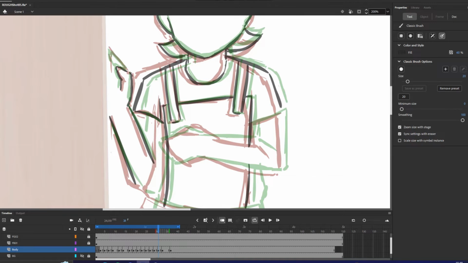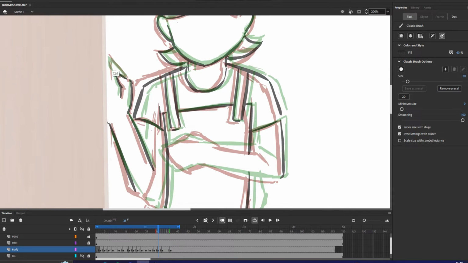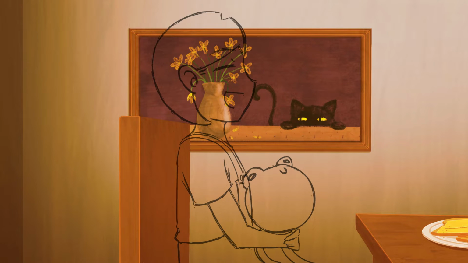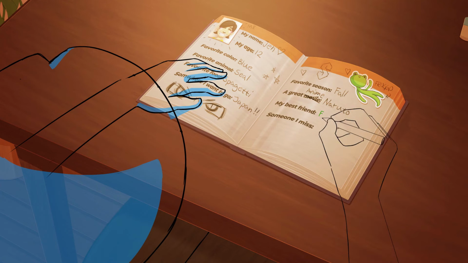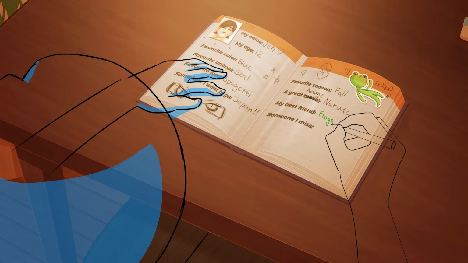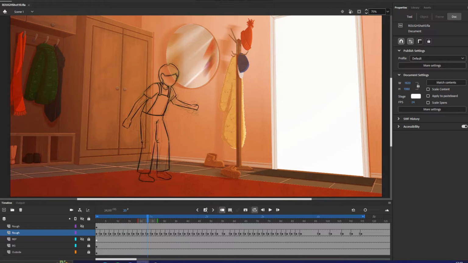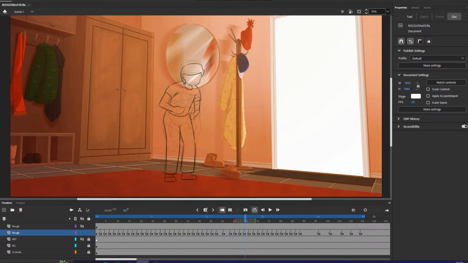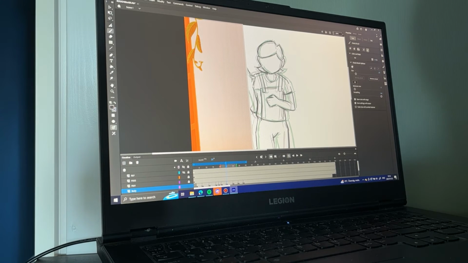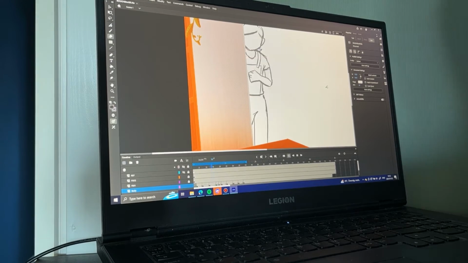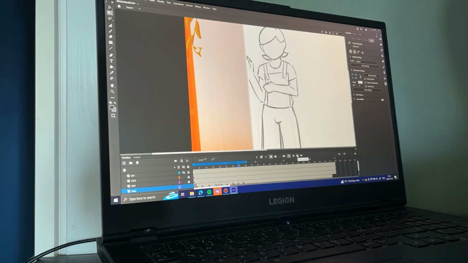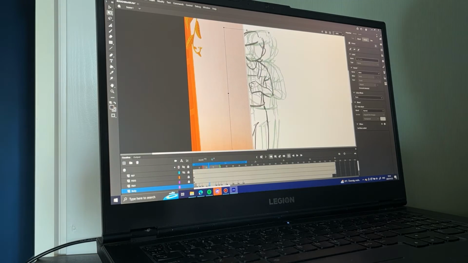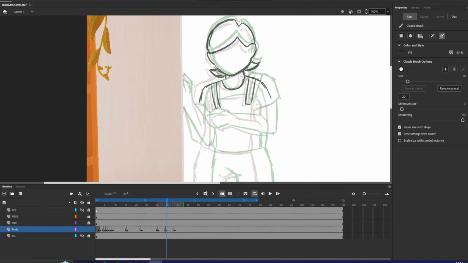And for myself, I felt like it really depended on the shot that I was working on. If it was a simpler shot, I found myself making more clean roughs, so to say. And with a more complicated shot that had a lot of frames, I wanted to speed through that, so it became way more rough. So as long as you can tell what's going on in your frames and they're flowing nicely for you, I don't think there's going to be a problem when it comes to cleanup later. It might be different if you're working with other people though, obviously. So I think that's a good thing to keep in mind.